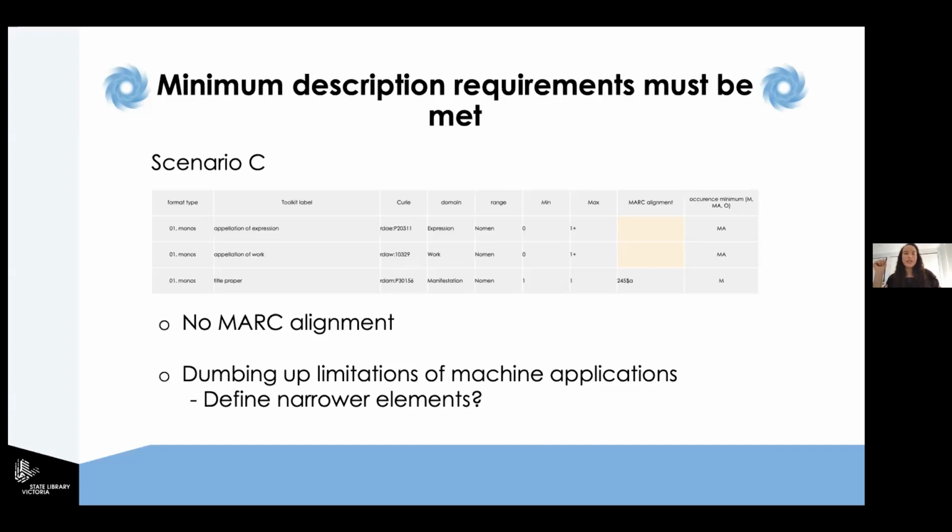Awesome. But then for capturing appellation of expression and appellation of work, I feel like I should put them in the application profile, but they don't have a MARC alignment. So they're in there, but how functional are they? I don't know yet. That was one thing: the fact that there's no MARC alignment when I'm including these appellation of expression and work elements. But there's also the fact that there's